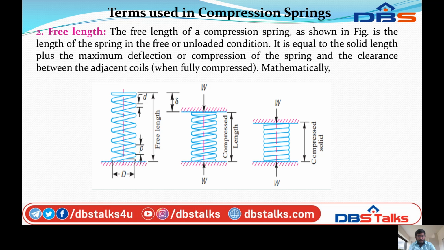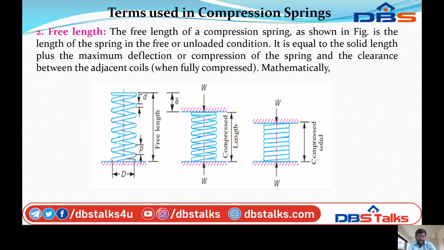So next for compression spring is free length. The free length of a compression spring, as shown in the figure, is the length of the spring in free or unloaded condition. It is equal to the solid length plus the maximum deflection of the spring and the clearance between the adjacent coils when fully compressed. So mathematically,